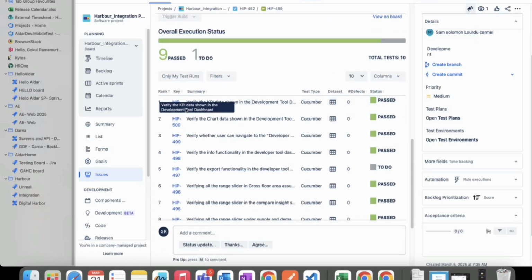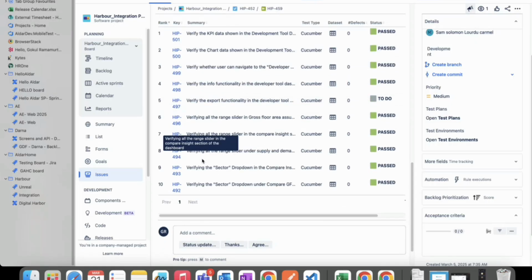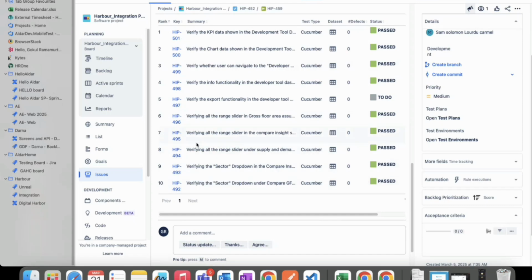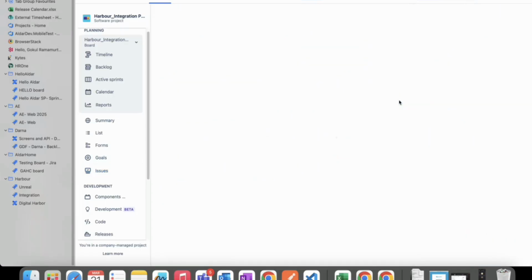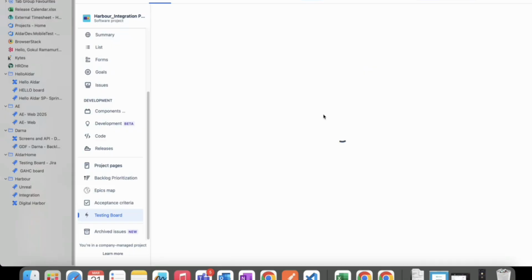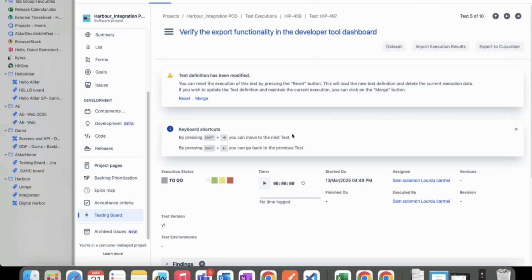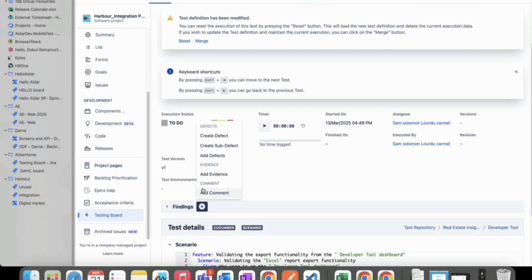It has 9 or 10 test cases derived for this. Each and every one, when you click on this, will redirect to X-ray,